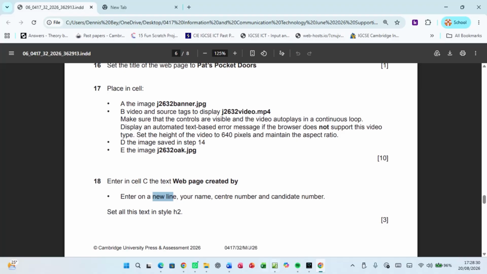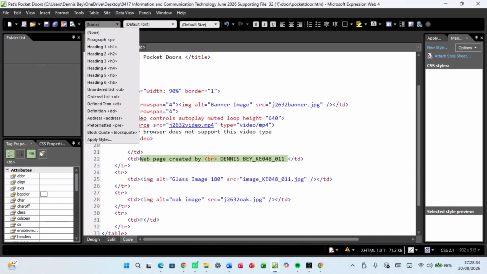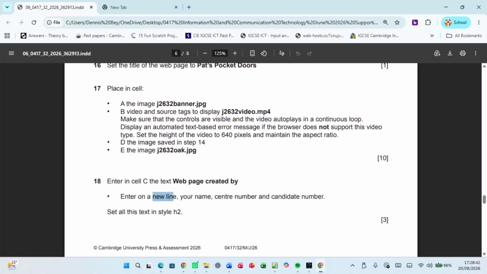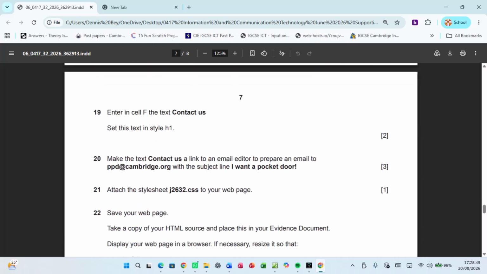Heading 2. So I went to code, and then I came back, they became active. So I can click here, then I click on heading 2. You can see the H2 starts, and then the H2 closes. So I've already finalized that one. I get my 3 free marks there. Very easy. And then in cell F,